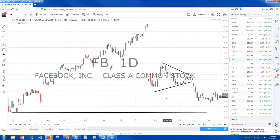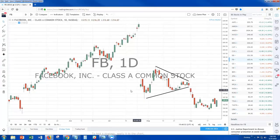And now, again, hopefully you can see me by now, Facebook is stuck between 160, 168. Some interesting news came out of Facebook today about their dating app, whatever it is that's coming out now. Supposed to be a big competition for whatever's out there. So that might be some bullish news to see this 160 level hold, get above the 167.50,